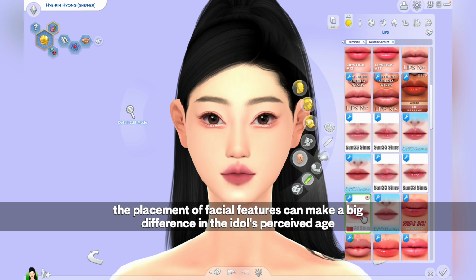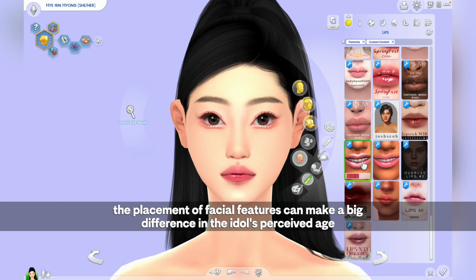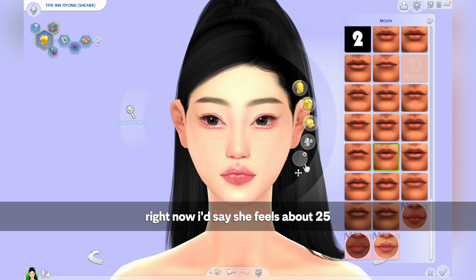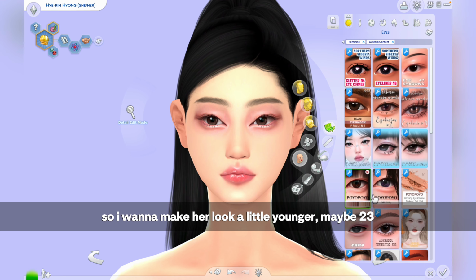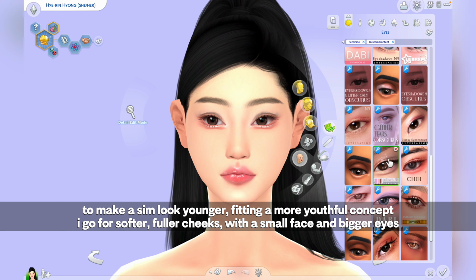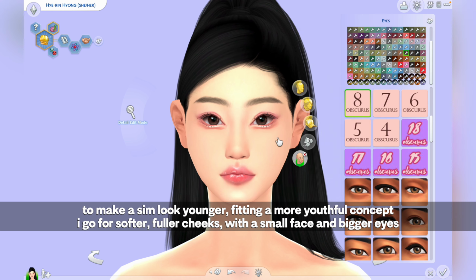The placement of facial features can make a big difference in the idol's perceived age. Right now, I'd say she feels about 25. So I want to make her look a little younger, maybe 23. To make a sim look younger, fitting a more youthful concept, I go for softer, fuller cheeks with a small